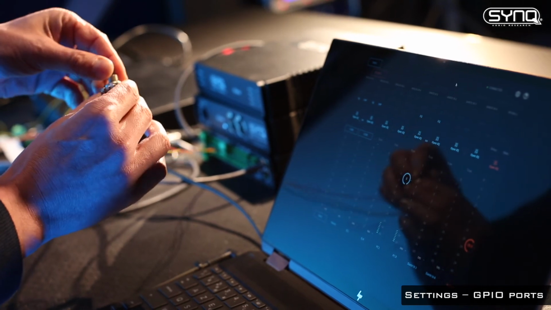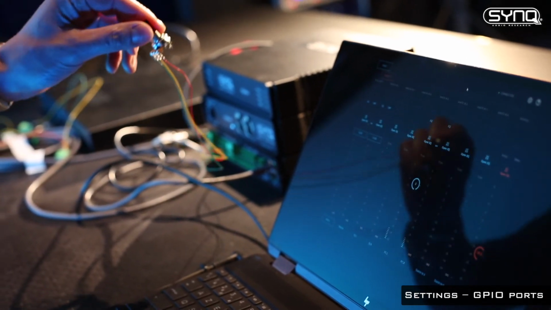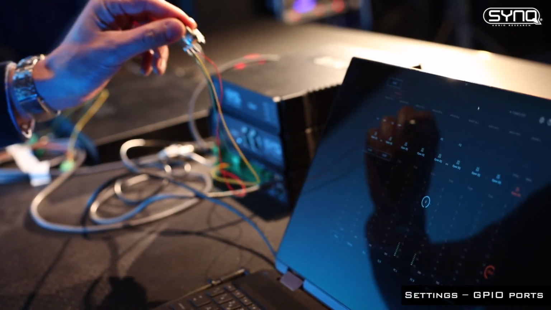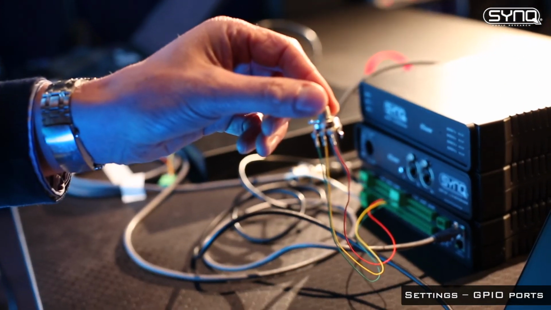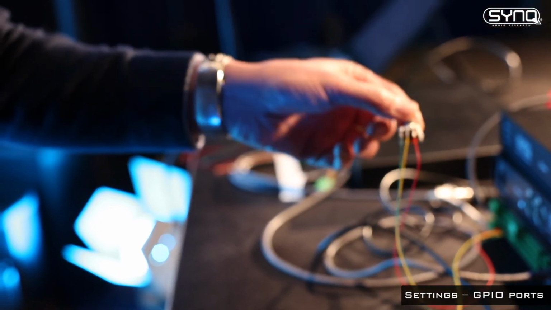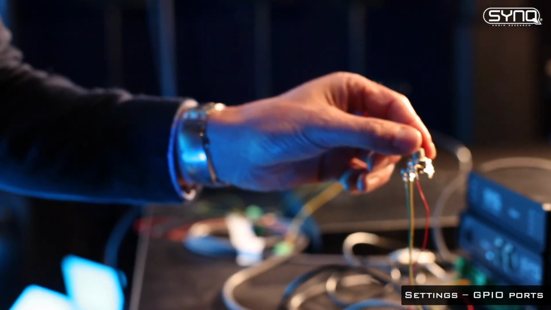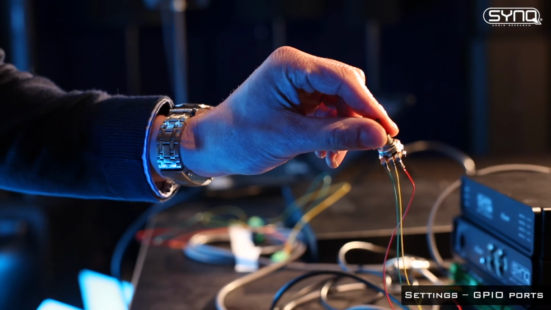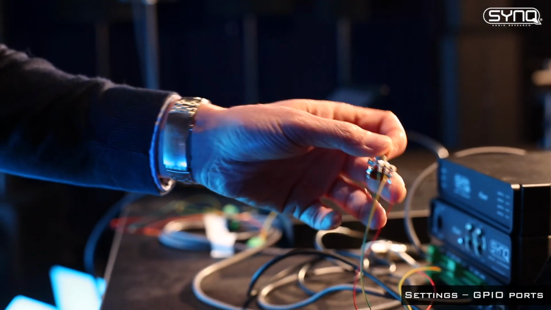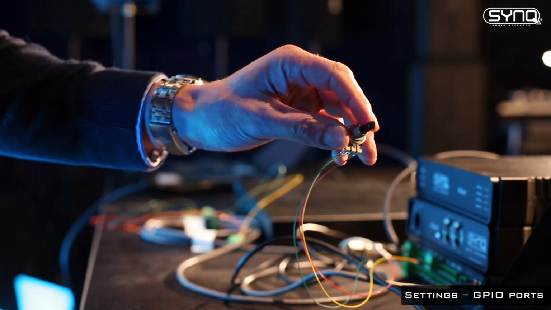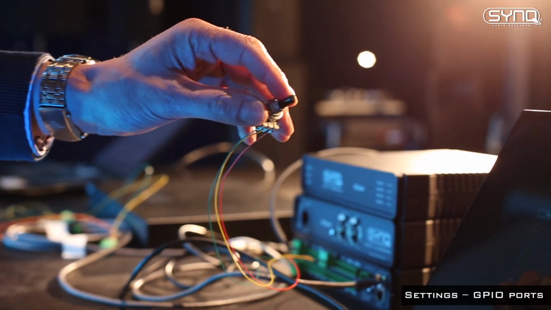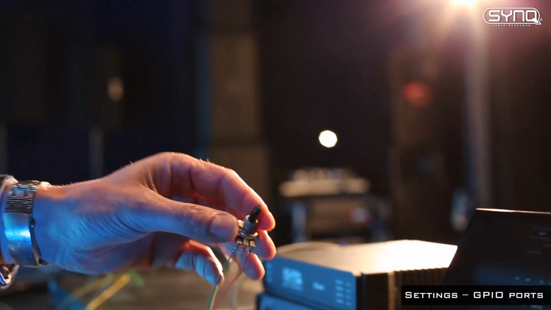It's very easy. If you want to allow the user to control this, you can integrate this on the wall. And basically, you will allow the user to set the volume in the room, or an input, an output, or you can link this to several inputs, several outputs. It's really up to you. So it's quick and easy, it's cheap, and yeah, can allow you to do a lot of things.